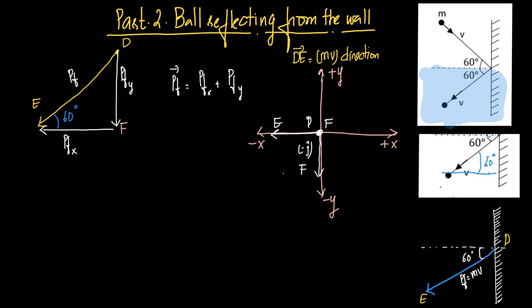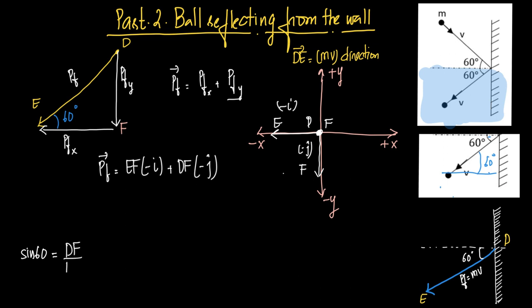Now what we do again is we bring out sine 60. What is sine 60? Sine 60 is opposite by hypotenuse. Opposite is df, hypotenuse is de. So I can write this as df upon de. So what is df from here? Df is de times sine 60. Similarly, what is cos 60? Cos 60 is adjacent, which is ef, upon the hypotenuse, which is